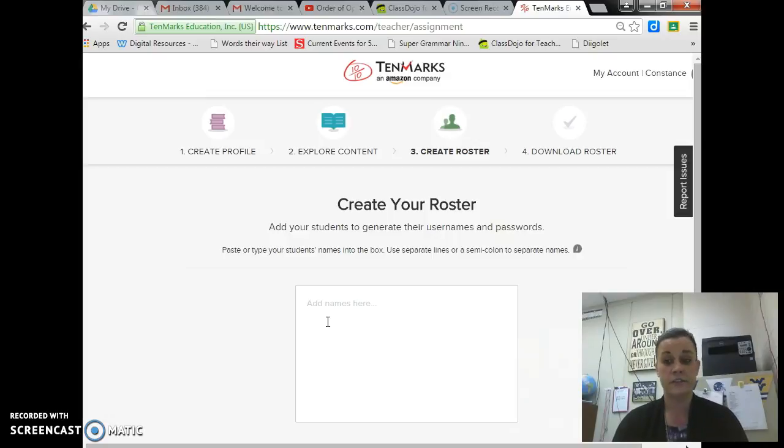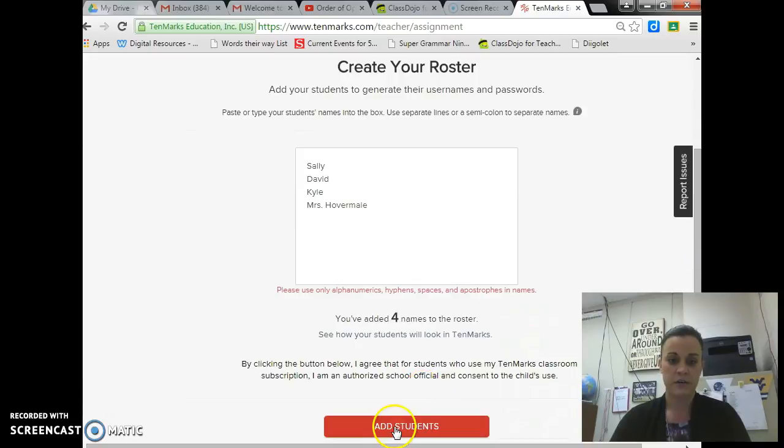roster. This is also very quick and easy. You can cut and paste the names into this box, or you can just simply add them in to the box. So we're just going to put in a couple students, and just a little tip that I have found very useful. I like to create my own student account so I can model for the students how to solve problems on my smartboard. So once you have all of your students typed in, you're going to just scroll down and click Add Students. While that's processing,